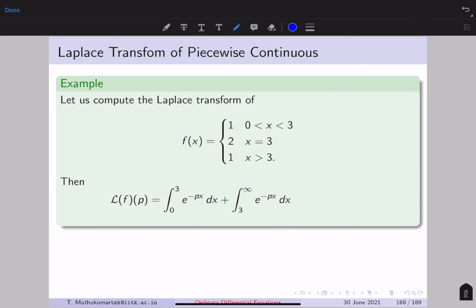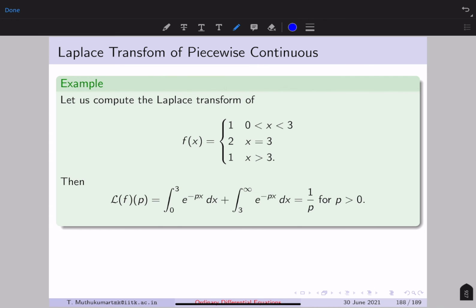So to compute the Laplace transform of this function, from 0 to 3 it's 1, so you get this first integral. And from 3 to infinity it's again 1, so you get this integral. So the value at x equal to 3 is not playing any role, because the integral doesn't see it. From 0 to 3 it's 1, and then again from 3 to infinity it's 1. If you compute,